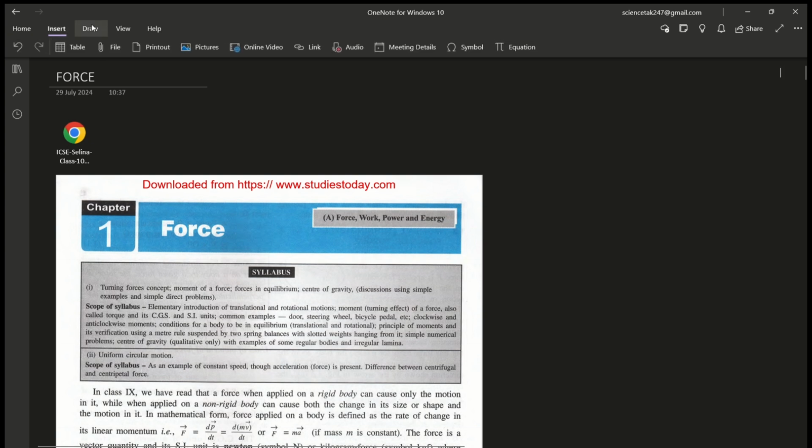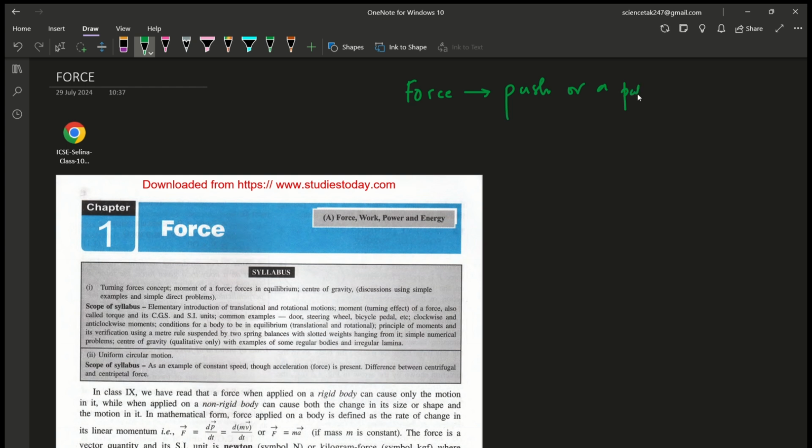Without any further ado, I would like to get into the chapter, which is the first chapter of physics, which is force. So, if I want to talk about force, as a junior student, when you would have heard of force, you would have always said it is a push or a pull. Next, what would you say is it